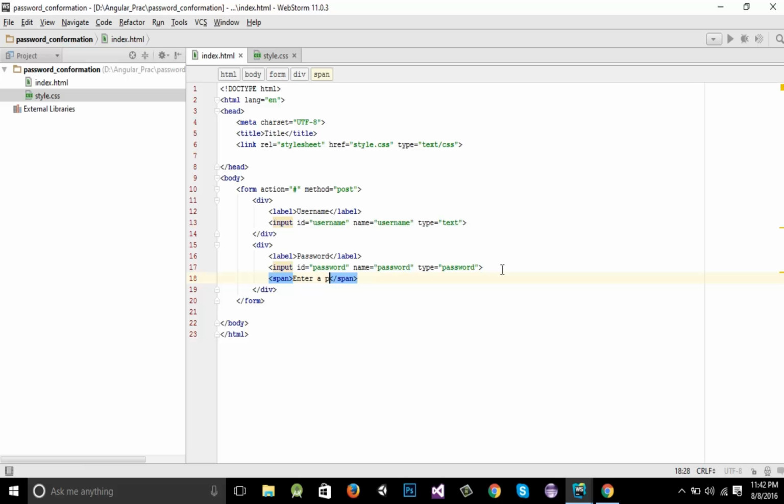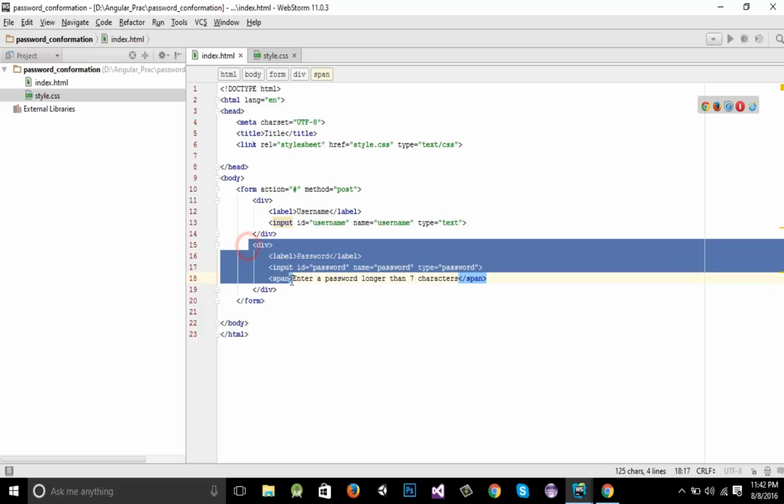I will show and hide this error message with the help of jQuery. If the password is correct, then we will hide this, and if the password is incorrect, then we will show it, okay. So the message is: password longer than 7 characters. Alright, so let's copy it